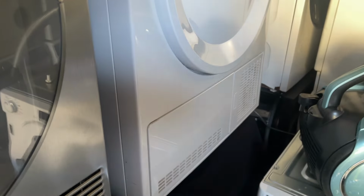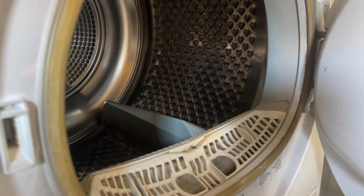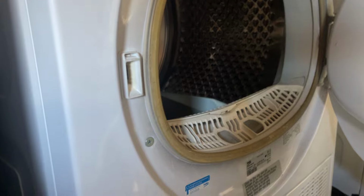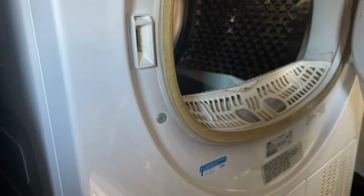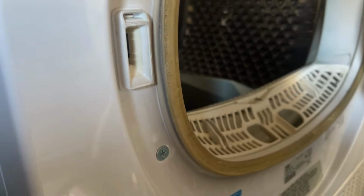Beko DTB C10001W, I think, if I haven't added an extra 0. So basically what happened was that this dryer was leaking, and I got the back of it whenever it was on a wee bit. My uncle took the back part off. I don't know what exactly at the back, whether it was where the heater is or the back at the pump. But my uncle took it off, and it's kind of fixed it, but